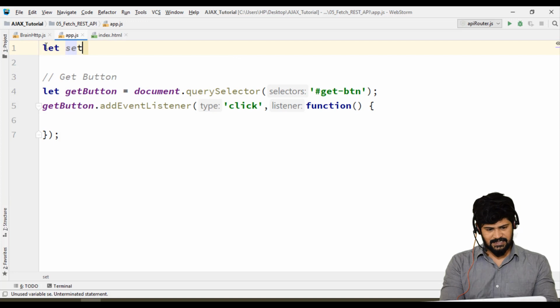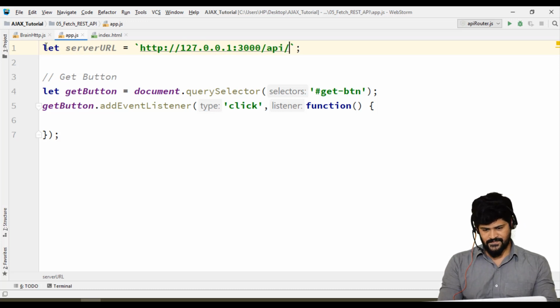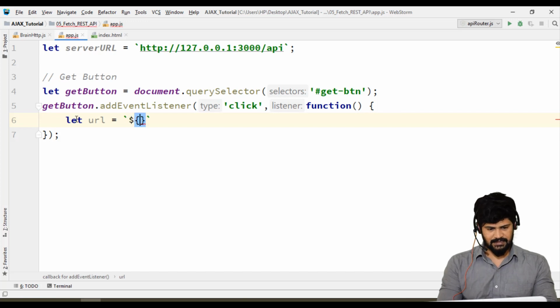Let server URL be equal to http://127.0.0.1:3000/api. And let's make our own URL: URL is equal to a backtick, server URL slash employees. Up to API, now slash employees. Okay, we got a URL.